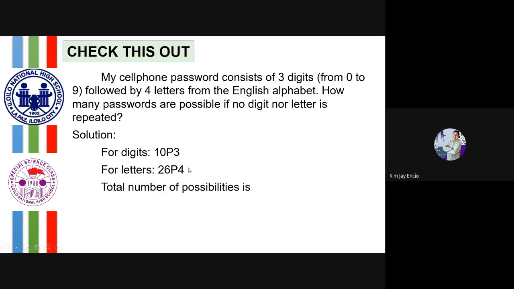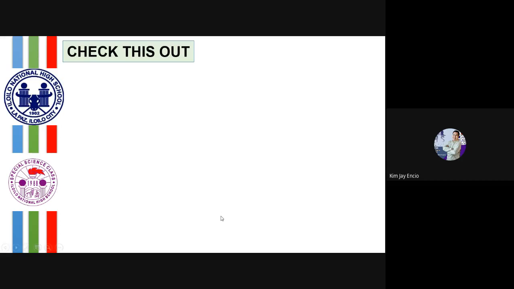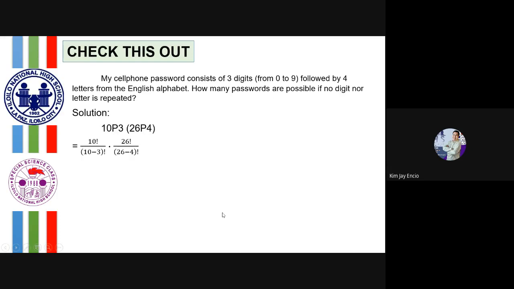And for that, the total number of possibilities is the product of these two. Why multiply them? Because the fundamental counting principle is telling us that if one event can occur in this number of ways and the other event occurs in this number of ways, and given that these two events are independent events, then the total number of combinations or possibilities is just their product. So we will solve this. We can actually use our calculators with this. But for now, we have 10 permutation